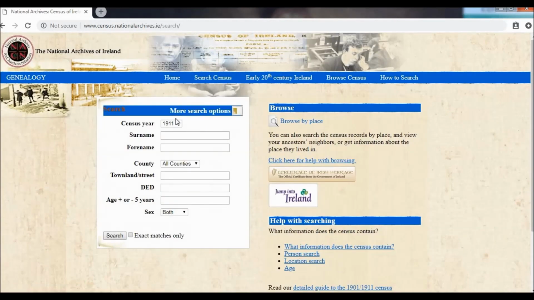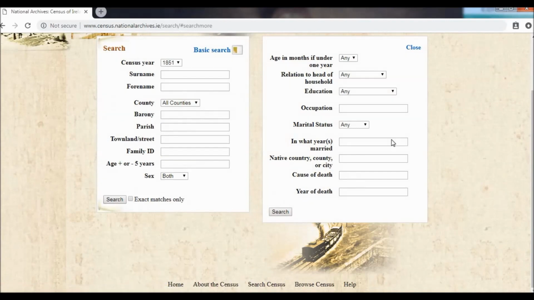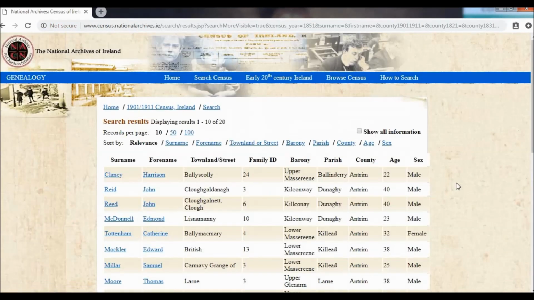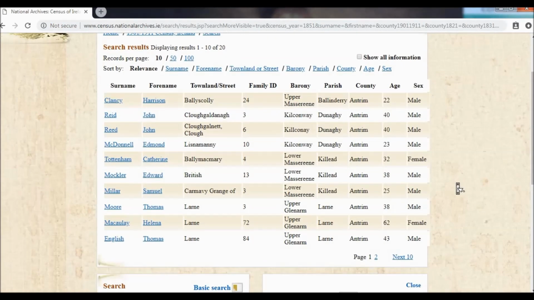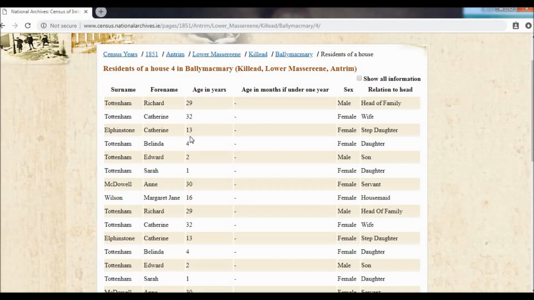So we will have a quick look at the previous census that we have fragments for, and these are just fragments, so we'll do a more search options and see the people who originated in Limerick. Search, so we have 20 people on the fragments who originated in Limerick. So let's go with Catherine Totham here, and it has the full household,